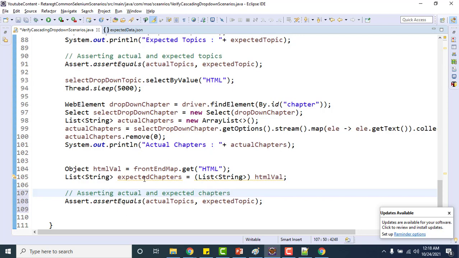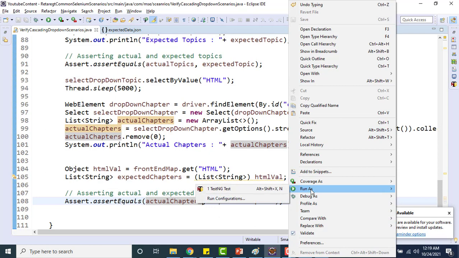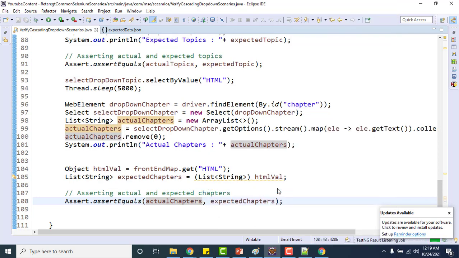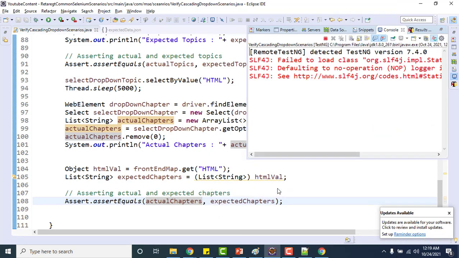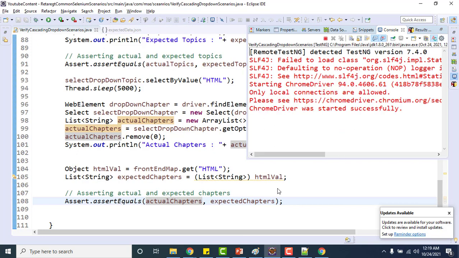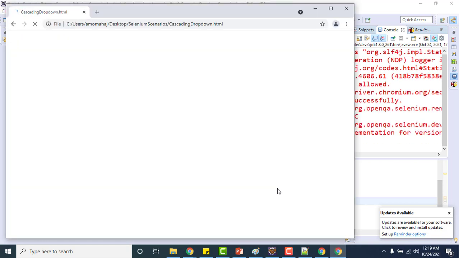Expected chapter, and we have actual chapters. Let me run this program, and hopefully this should run, and this will be the final one where we are handling the cascading drop down, meaning we are asserting the values of dependent drop downs.